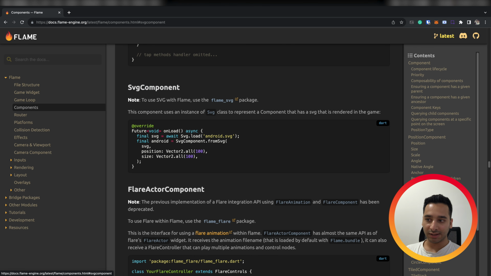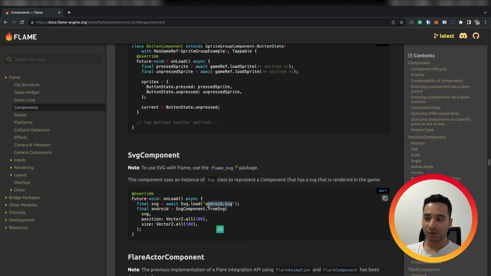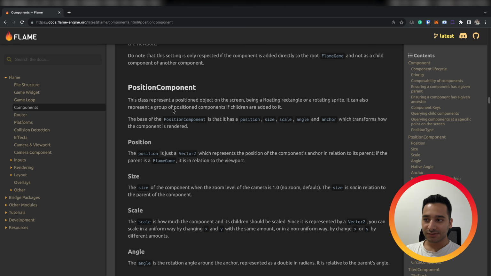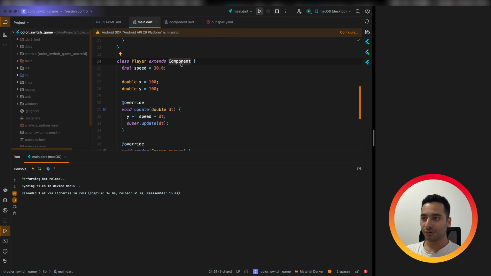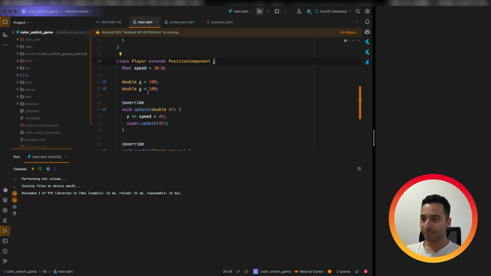In SVG component, you can pass an SVG file to allow the Flame engine to render it. In our case, we might need the position component because it is handling position, size, scale, angle, anchor, and other things that are good to have, because we are looking for the same features that position component has.